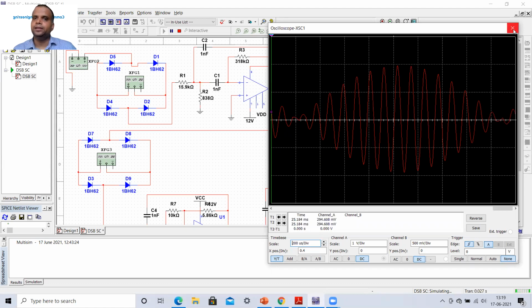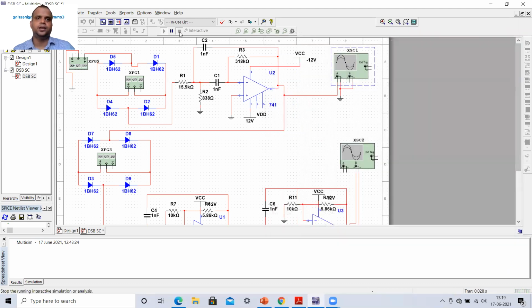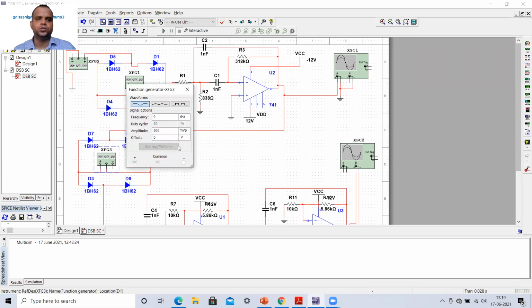Now, once we are able to get this DSBSC output, I told you that to demodulate the signal, the only possible method that we can use here is synchronous demodulation. In synchronous demodulation, what we do is multiply the same carrier again with this modulated signal. So what I have done is I have taken out this particular output, and again I'm using the same bridge network, and here instead of giving the square wave, I'm giving the sinusoidal wave of 9 kilohertz.